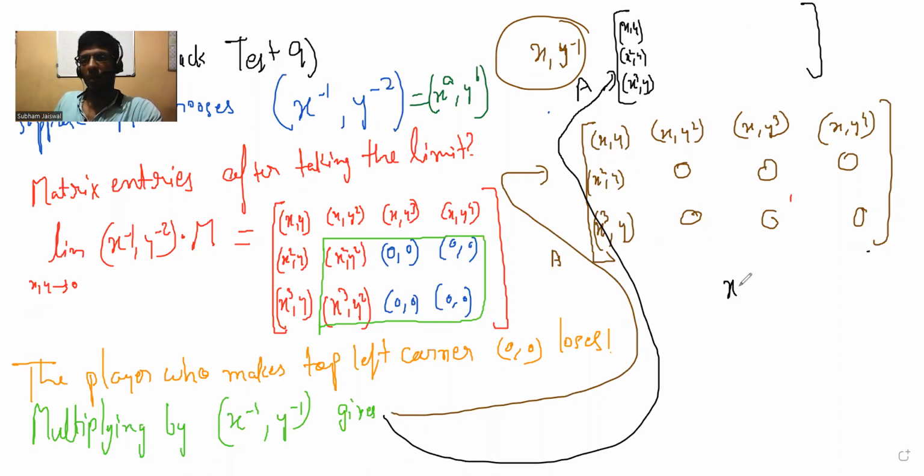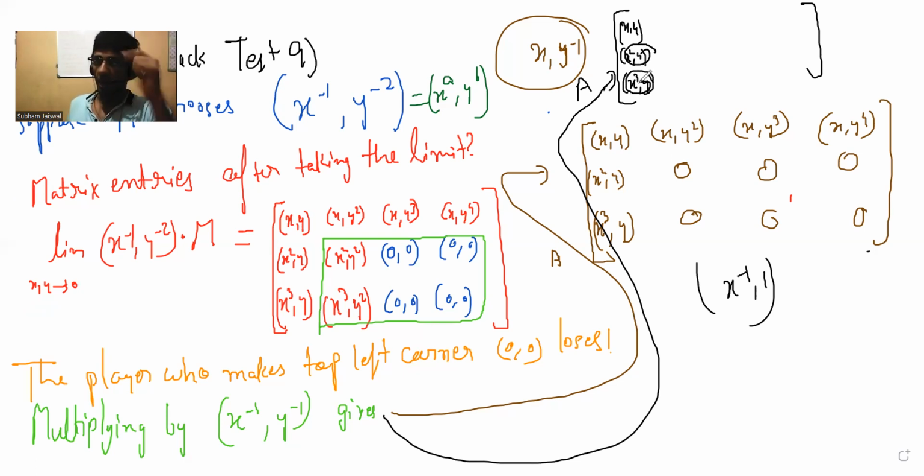Yeah, x to the power minus 1 comma y to the power minus 1. No, I will not do minus 2 because... Let me give this one x to the power minus 1 comma 1. I think this is saying the same thing, right? But x to the power minus 1 comma 1 means y to the power 0. If you multiply by this, then what happens? Then you see this will become 0, and the third thing will also become 0. Is that right?